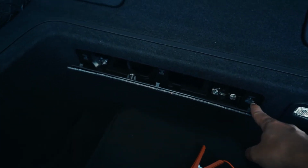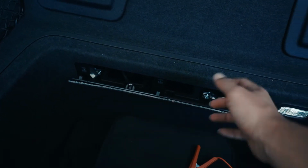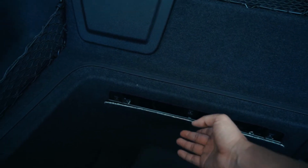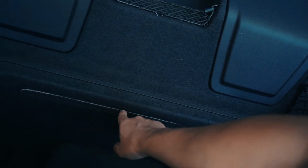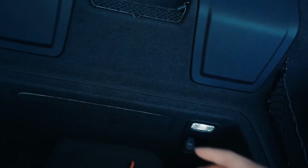If you can see, there are 3 latches, 1, 2, 3. You gotta pop this open down. The carpet liner is glued onto the plastic panel. Not sure why they designed it this way, and if you close it, there's nothing to really grab on. It just flushes in, so you gotta be very careful when you do this. You can kind of see where the carpet is here. I didn't put it all the way in to make it flush, but what you need is